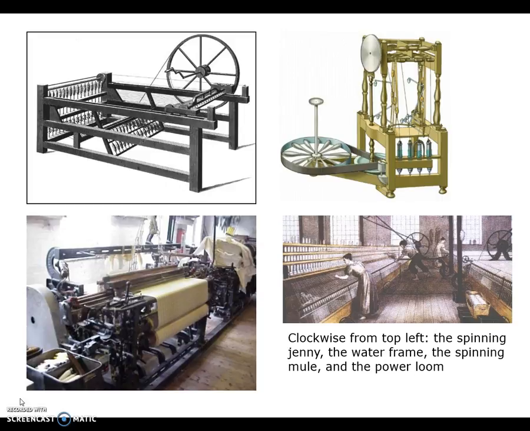And here's a look at some of these advancements. The first industry to start to advance with industrialization was the textile industry, or the cloth industry. You see down here it gives the names, but at the top we have the spinning jenny, which one worker could run 8 spindles of thread. You have the water frame, which was a machine for spinning that used water power. And then you have the spinning mule,